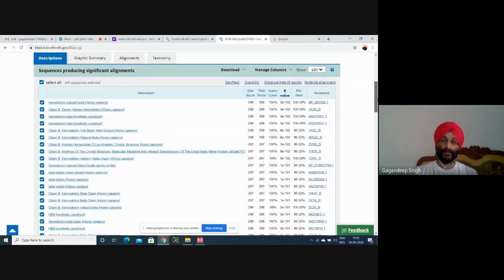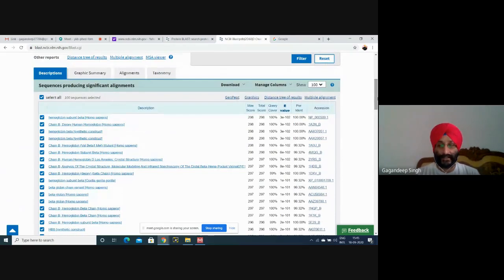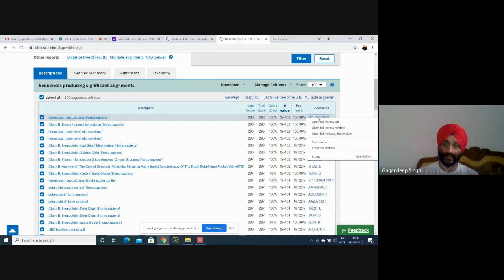For example, we need to find at least 10 sequences. Then what will we do? Because we are going towards alignment. So first we'll select this sequence. Just click on this accession.